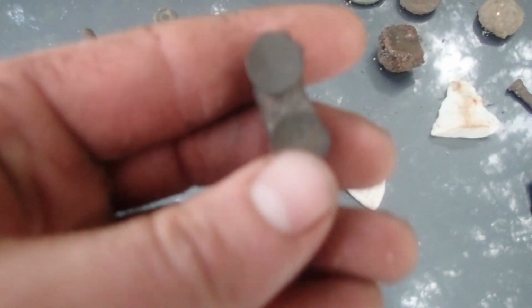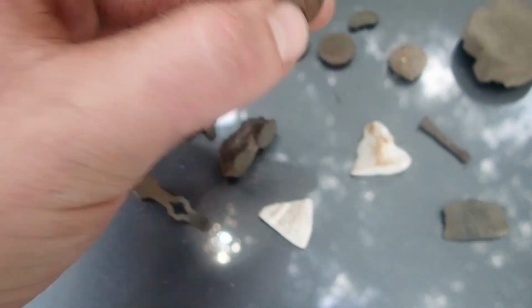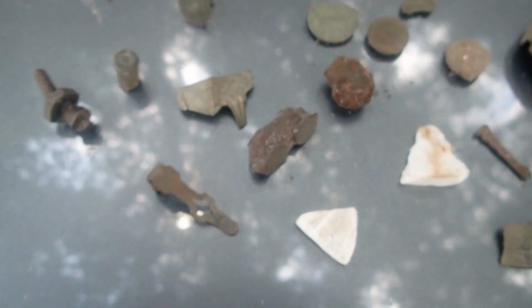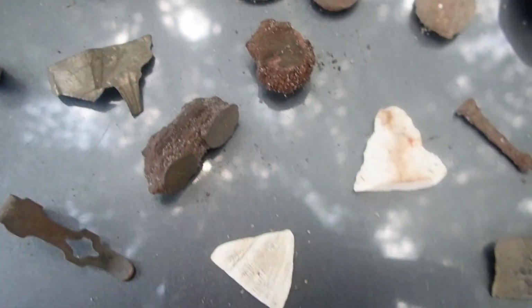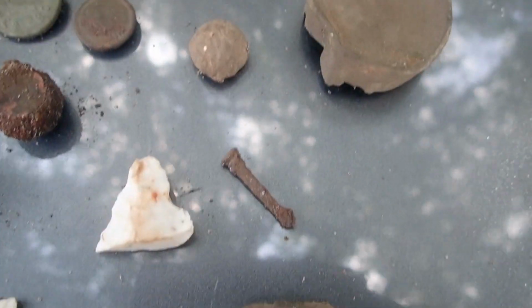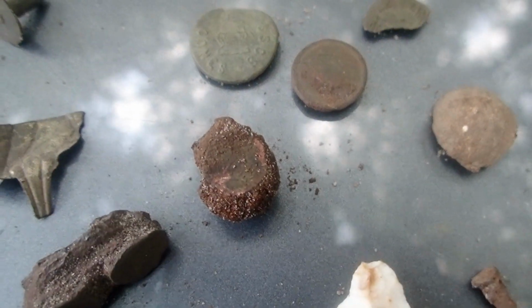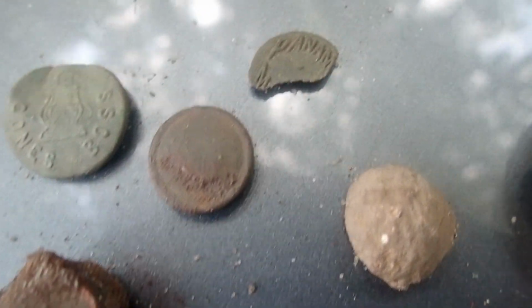We got two rivets still connected to iron. Got one more rivet connected in the iron. We got our little suspender piece. We got our little compact piece. Musket ball, little square nail. We got a Coors button, Cones Brothers button, I mean. A train locomotive button, a Panama Mobile button. And